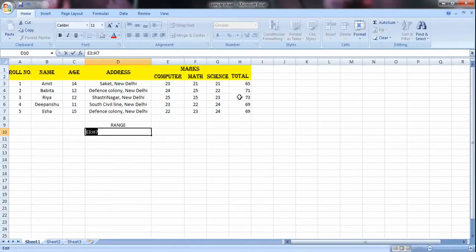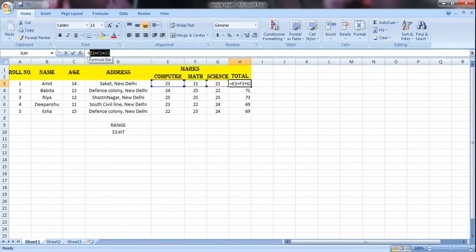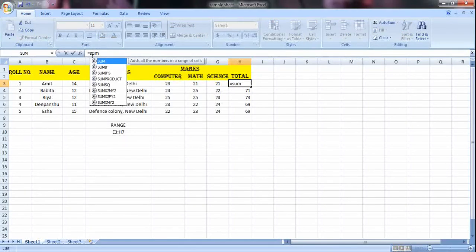In the same way, the formula which I have written here, that is equal to E3 plus F3 plus G3, I can make use of a function called sum, and then in this I can enter my range. My range is E3 to G3 because I need to add only these three cells.